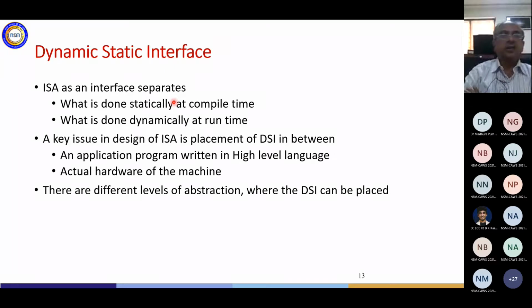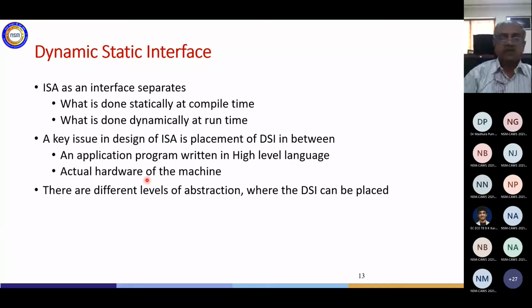That means in some cases it may take a few nanoseconds to run. In other cases it may take more time or less time, because that's a dynamic behavior which happens at the runtime. Okay. So now this ISA, we know that ISA sits between higher level language and the